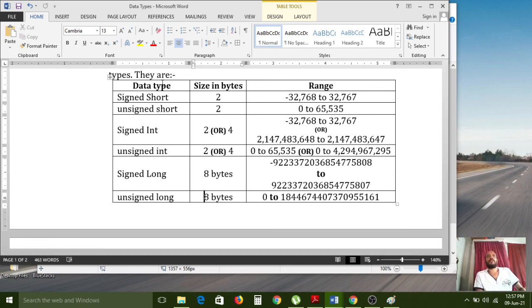If it is a 32-bit operating system, int occupies 2 bytes, but if it is 64-bit, int occupies 4 bytes. Coming to the long data type, 8 bytes of memory are occupied while running for the variable, and unsigned long is also 8 bytes. The range is from this number to this number.